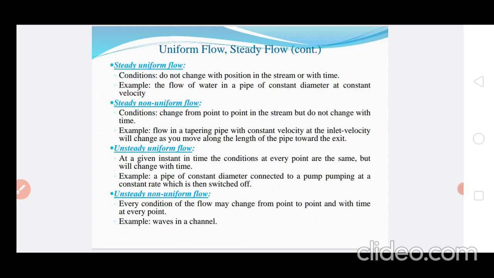Unsteady non-uniform flow, what is the definition of unsteady non-uniform flow? At first, we consider an example of an unsteady non-uniform flow. That means waves in a channel. Every condition of the flow may change from point to point and with time at every point. That means